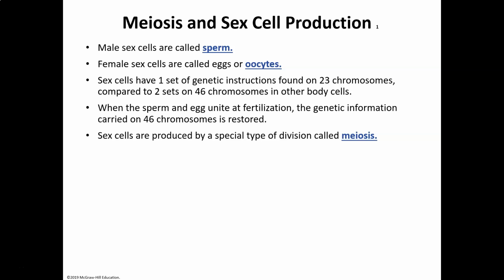That is not the end goal of meiosis. The end goal here is to develop gametes. In men, the male sex cell, the gamete, is called a sperm. And the female gamete is called an oocyte, or an egg. Now, it's actually really called a secondary oocyte, but we'll get more particular about that later on.